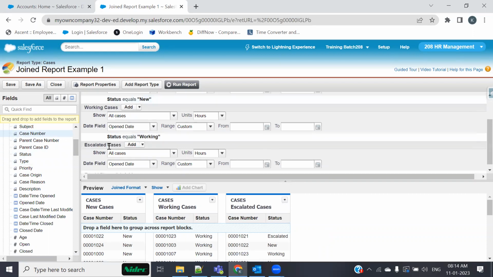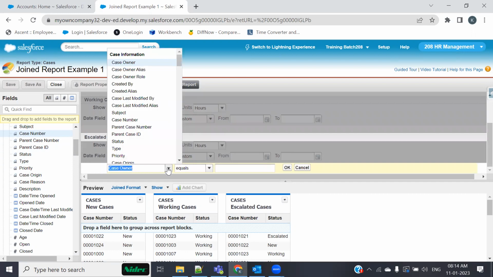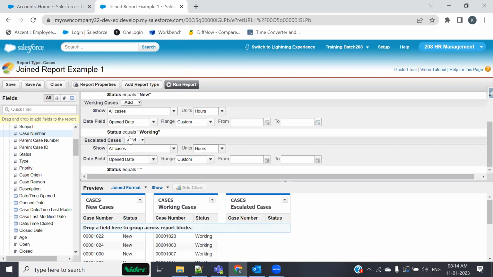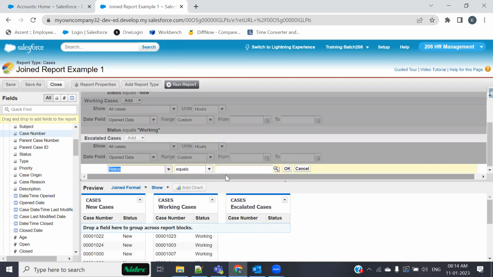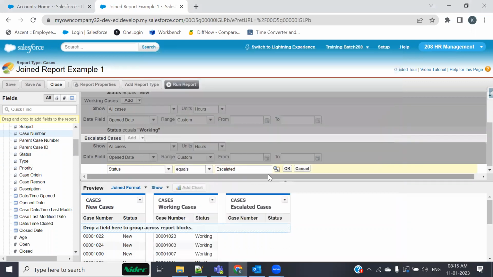And see, one more formula field has been added for the escalated cases block. I'm applying a formula. In this block, I wanted to see only those cases where the status should equal escalated. And let me insert this.